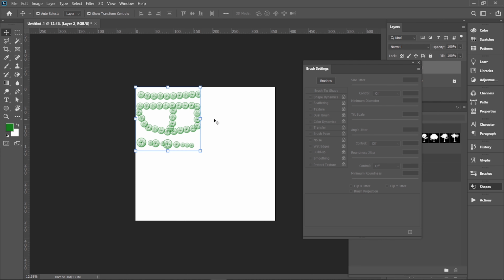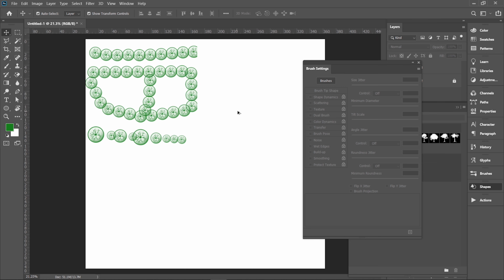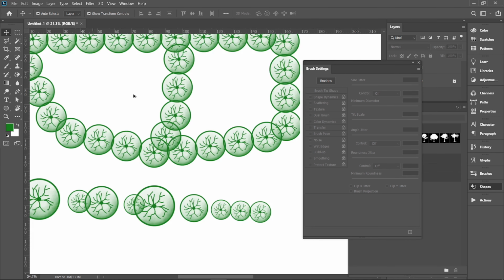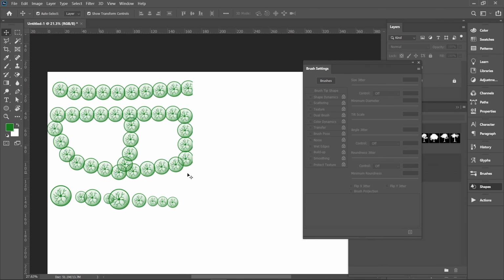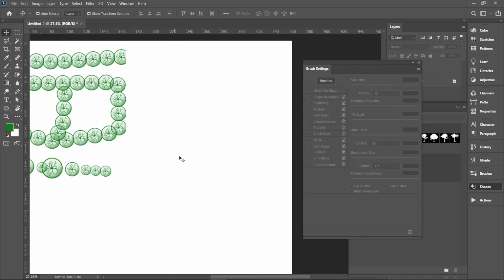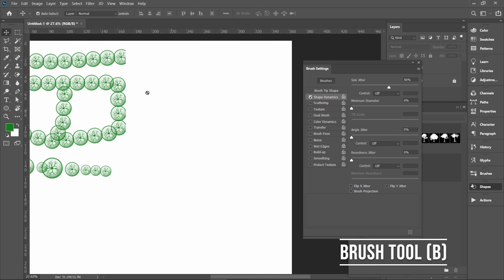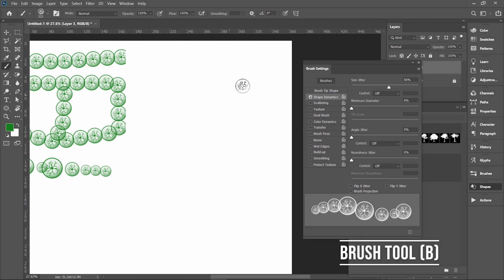You will remember these shortcuts easily if you start working on Photoshop regularly. In the beginning, it may seem a little bit difficult to remember all these, but over time you will get into the habit of using shortcuts. Now select the brush tool. Let's look at other sliders as well.